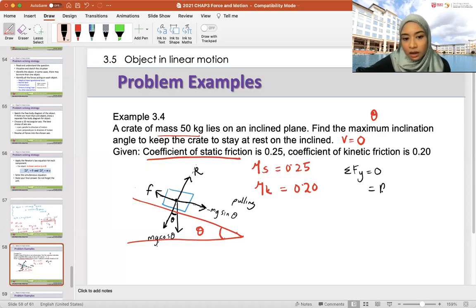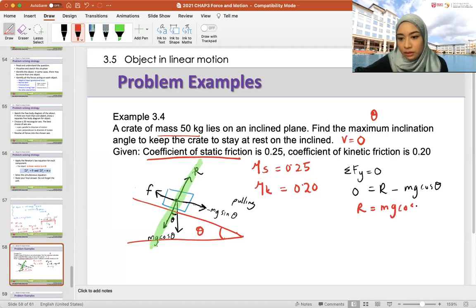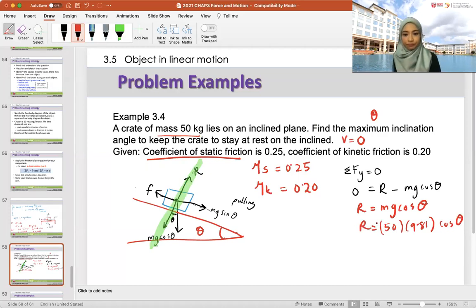So I can write this R positive minus mg cosine theta. This is equal to 0. I'm only equating things ataupun forces that is in this axis only. Yeah? Then I try to solve it. R equals to mg cosine theta. We know what is our mg. This is 50 times 9.81. And we don't know what is our theta. That is our R. Okay, so if we wanted to write down friction, therefore friction would be mu R, and